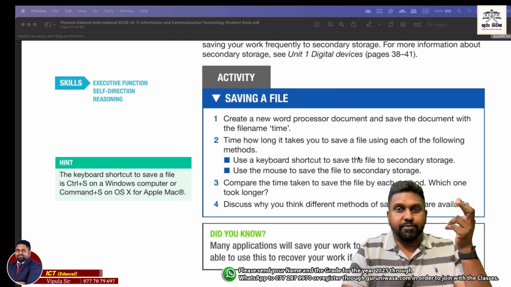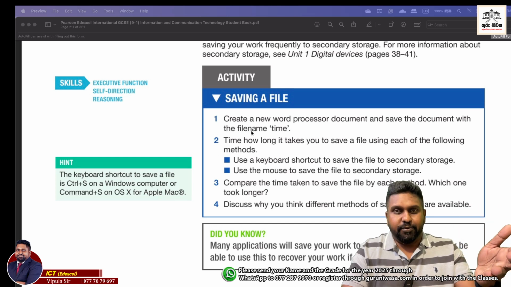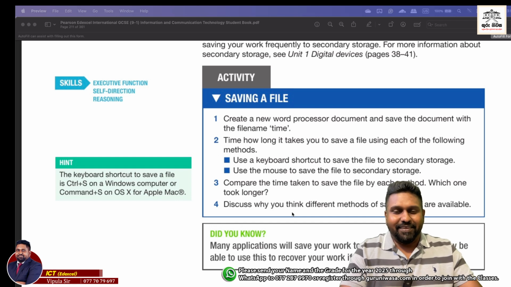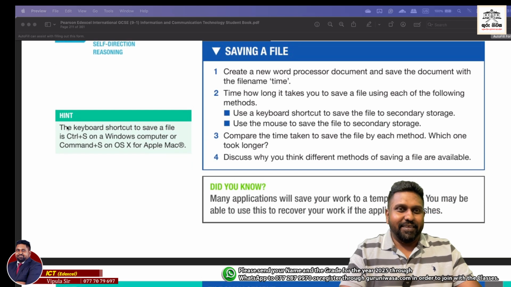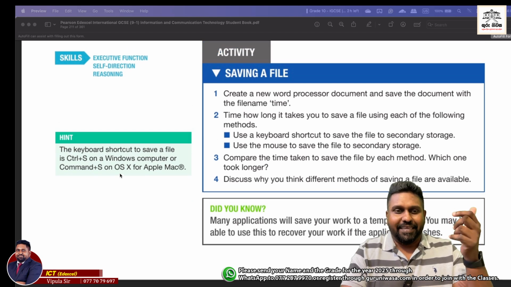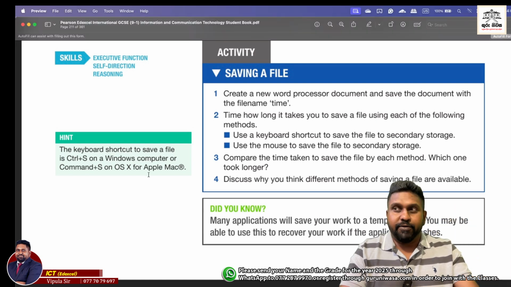So you can either use a mouse to save the file, using the mouse cursor, or you have the option of doing that using a keyboard shortcut, right? Obviously the keyboard shortcut is extremely fast and easy, because in Windows the keyboard shortcut is Control S, as you know, Control S for save, and on Mac OS the keyboard shortcut is the Command button and S. Okay,